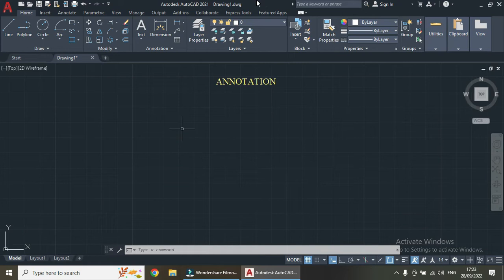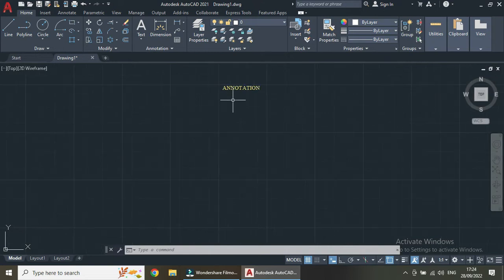such as the length of a wall or a diameter of a circle or a diameter of a fastener or a detailed callout. It will give the information about your drawing. Okay. So how can we give the annotations? In annotation we will be having text, dimension,